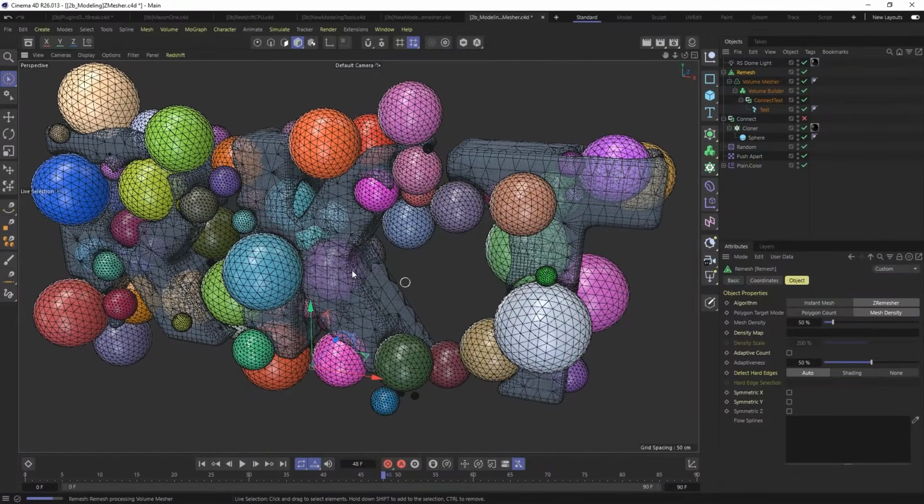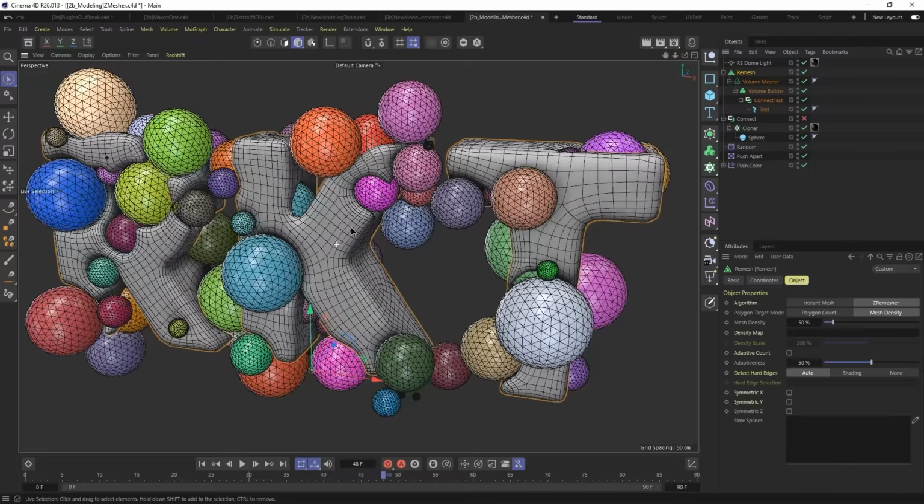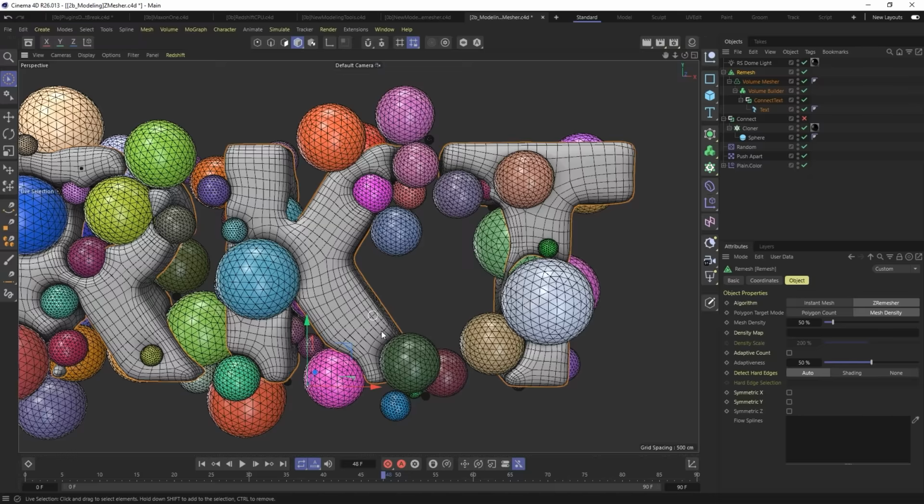Something that's nice is a tool we're going to be talking about later, the task manager, is calculating that, and I can still manipulate other things while it's calculating. You can see now that we have much fewer polygons, but we still have that really nice curvature going. Next thing to notice is, well, we have density map. If we were to, say, make our volume mesher editable, we could make a vertex map that would say, hey, this area should have more polygons, and maybe this area down here should have less. Would be potentially pretty powerful on, say, a character, but we're going to skip over that for now